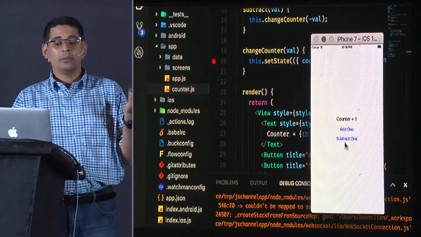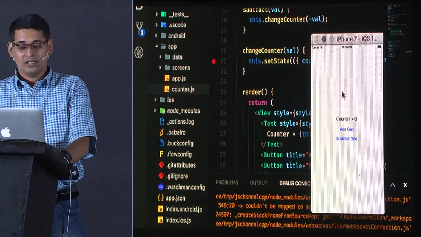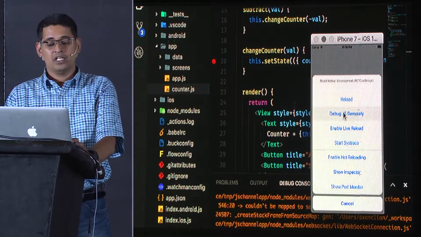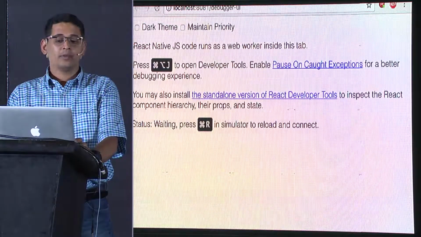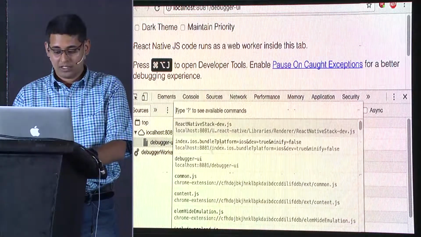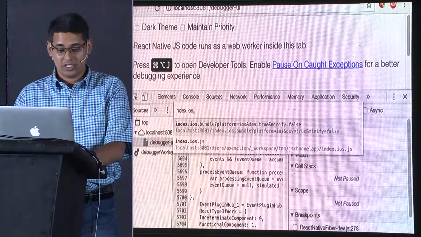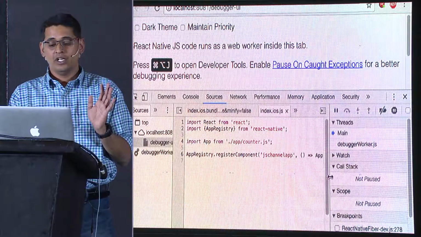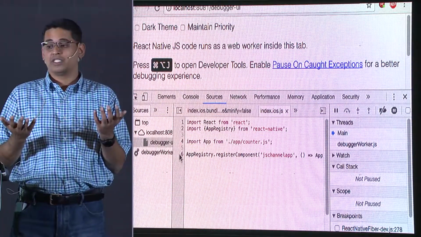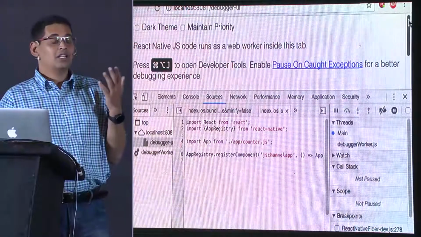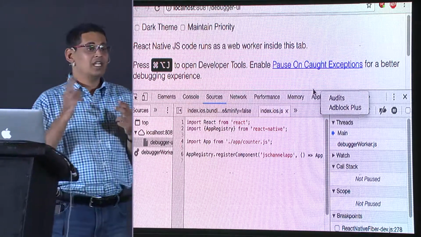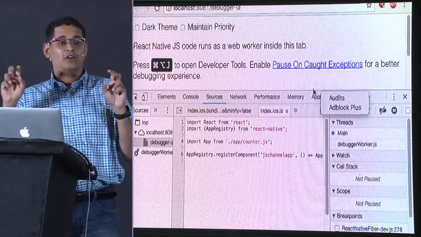Now, remember I told you about debugging, right? So let me show you what that looks like. Typically, what you would do is shake your phone, or the shortcut is Command D, and you would say debug JS remotely. What this is going to do is open up a browser, and if you go to developer tools, you can open up index.android or index.ios.js. It has source maps and all of that supported, and you can start putting breakpoints here. And you as a web developer are not going to know if it's web debugging or JavaScript debugging. In fact, React Native also has, if you have the React DevTools, looks like I uninstalled it, you will be able to do DOM inspection of your native application.